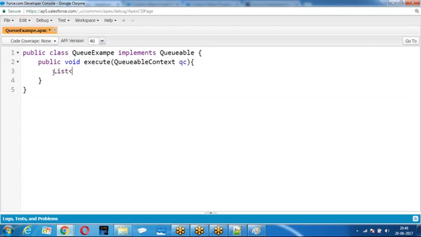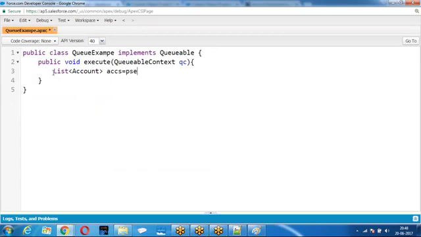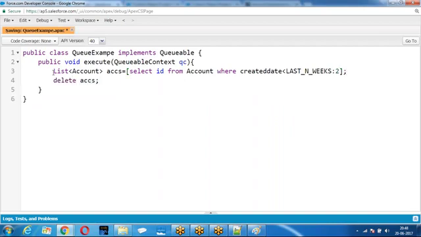Now, what I want to do, simply I want to delete all the records which are created in the last 2 weeks. So the logic which you want to run asynchronously should be defined within execute.